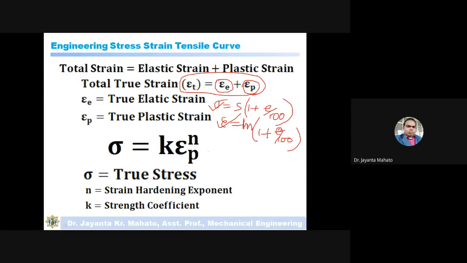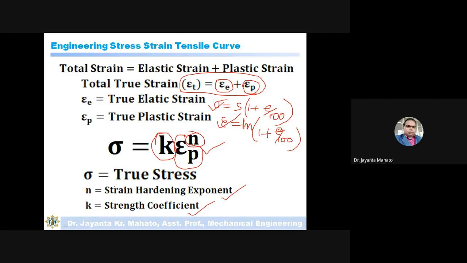You also have to remember another relationship, the Hollomon relationship: sigma is equal to K into epsilon P, where epsilon P is plastic strain, whole to the power n. This n is the strain hardening exponent, and K is the strength coefficient. Both K and n are constants for a material.